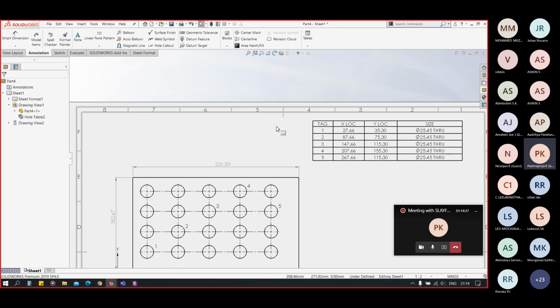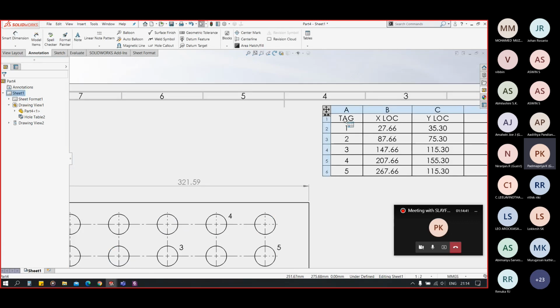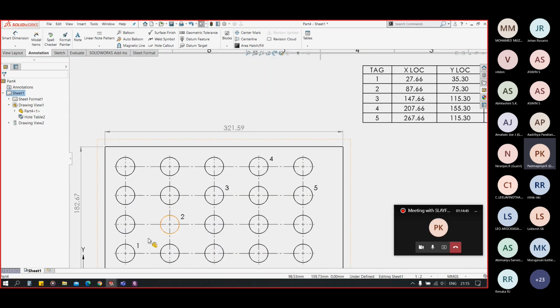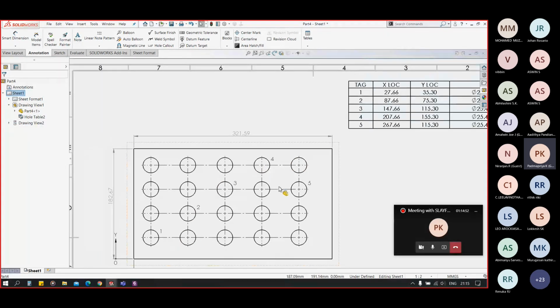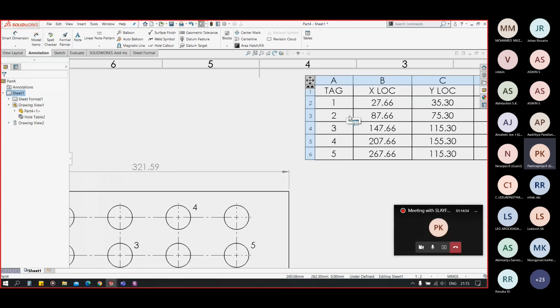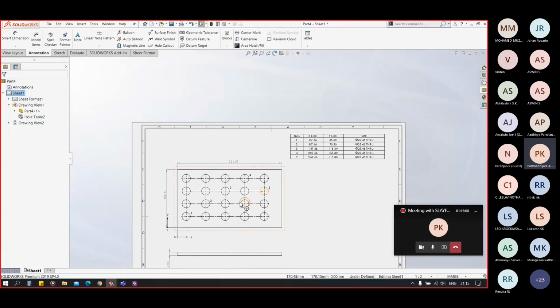Now let's see what the table means. In the tag column, we have 1, 2, 3, 4, 5. So that means these are the numberings 1, 2, 3, 4, 5. In the X location, let's say for number 2 hole, we have dimension 87.66 in the X direction.